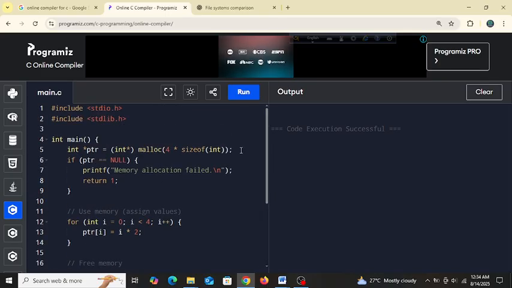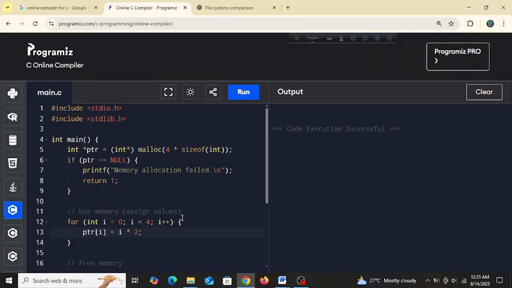Okay, so space for 4 integers is allocated here, and then if ptr equals null, memory allocation failed. Anyway, use memory, assign values. i equals 0, i is less than 4, i plus plus, ptr[i] = i * 2.